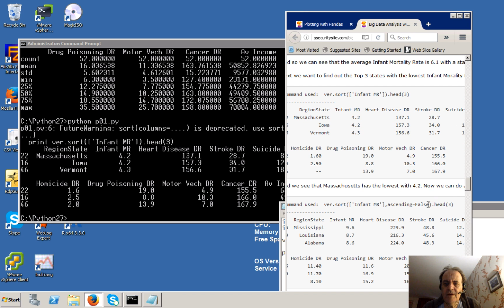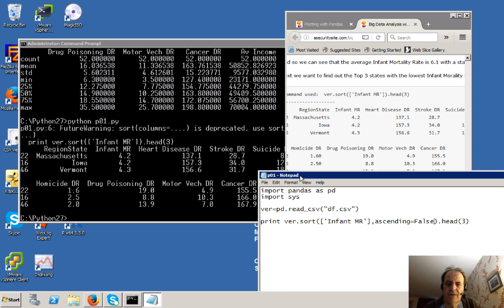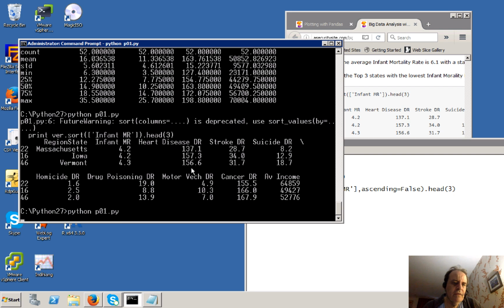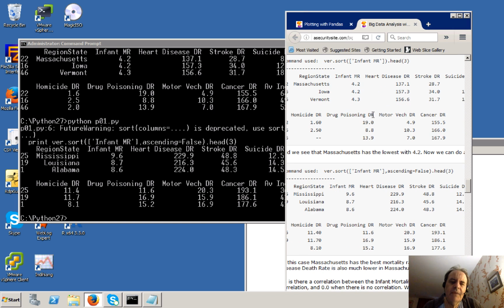And we can do it in the opposite order. So we can actually find the worst states in terms of the infant mortality rate. So that's the number of children dying before their first birthday per 1,000 of the births. So the best ones were Massachusetts, Iowa, and Vermont, and the worst rates, 9.6, Mississippi, Louisiana, and Alabama. Okay, so already we can make a slight